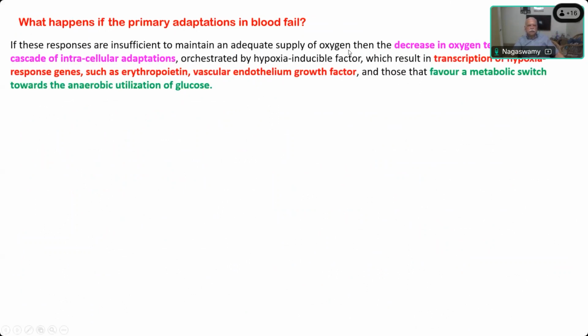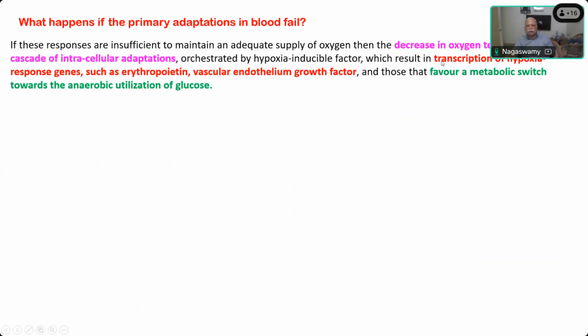The decrease in oxygen tension triggers a cascade of intracellular adaptations. So what cannot be achieved by alterations in the blood shifts to intracellular adaptations, which are orchestrated by what is called hypoxia inducible factor. This is a very important concept that you should understand. Because the mitochondria are not able to receive the required amount of oxygen, there is a hypoxic state there, and there is a protein stimulated by this hypoxia, which is called hypoxia inducible